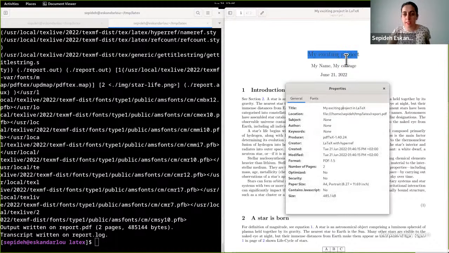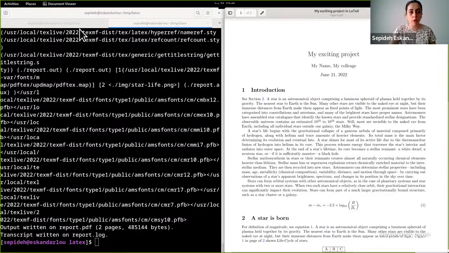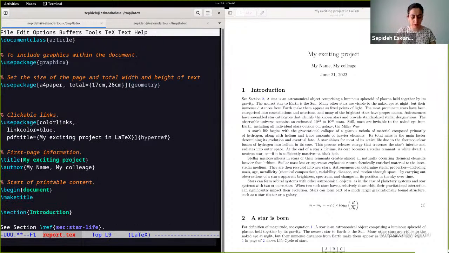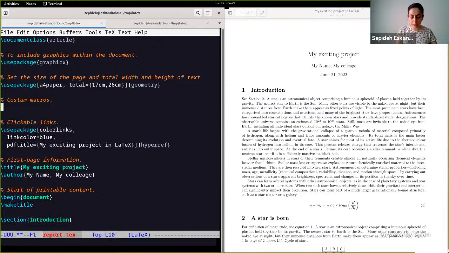And if I send this article to my colleague, she or he will be confused about which one of these is correct. For avoiding this problem and for avoiding repetition, you can use the macros inside LaTeX, custom macros. For using the macros, you should write newcommand,